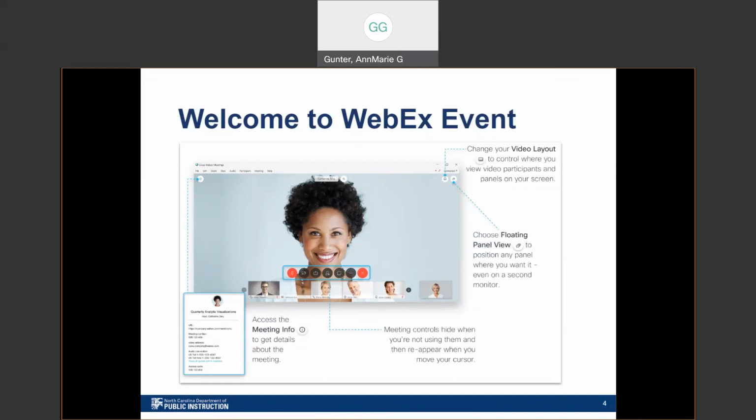The most important ones on those are the one in the middle that looks like a little bubble. That's where you can access our chat box, and you're welcome to put any questions or comments you would like in the chat box. Sometimes we even use the chat box for activities. Please know that in the chat box, you can send a message to me as your host or to our panelists. You can also send it to all attendees.